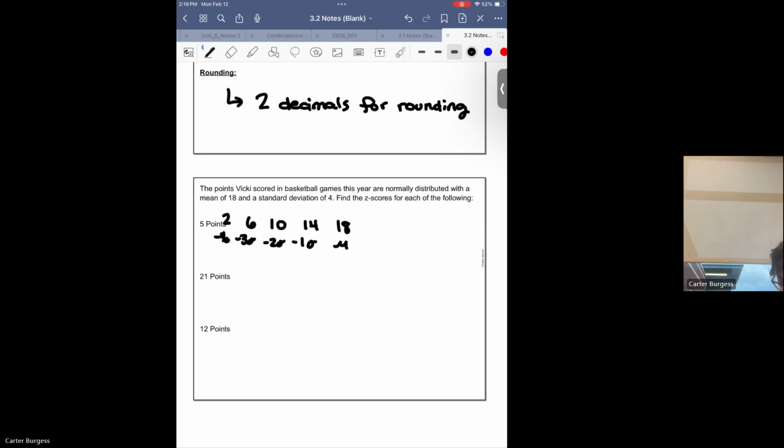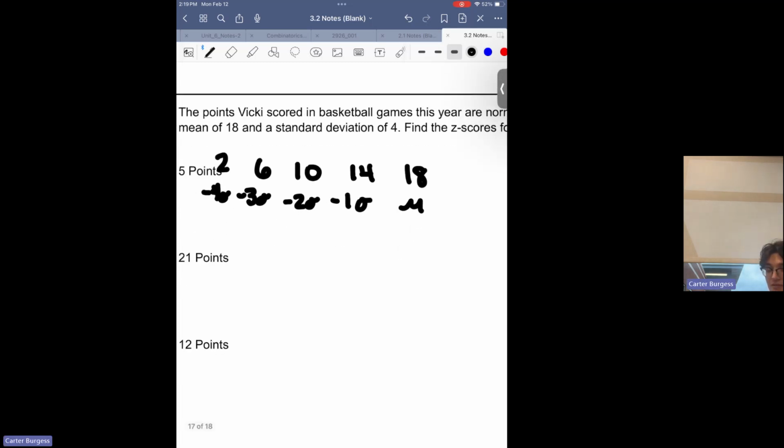So just kind of intuitively, how many standard deviations-ish is 5 points away from our mean? Just ish, approximately, for 5 points. So where does it fall? Where does 5 points fall in this range here? To the left of 5 points would be right here, right?